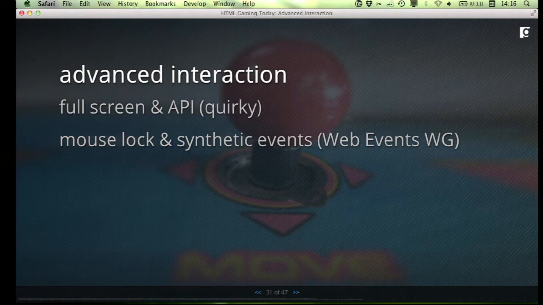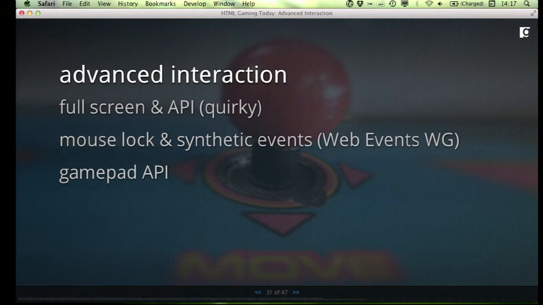Mouse lock, the web events group is working on mouse lock and synthetic mouse events so that we can capture the mouse for games like first-person shooters where there is no real edge to the world, where we want to be able to keep pushing our mouse in a direction and have our character continue to look in that direction. But then we might layer UI on top of that, and so we still need to be able to translate that sort of infinite bounds mouse back into real cursor events. And so we'll be able to generate mouse events synthetically and push them back out to the DOM or back to elements.